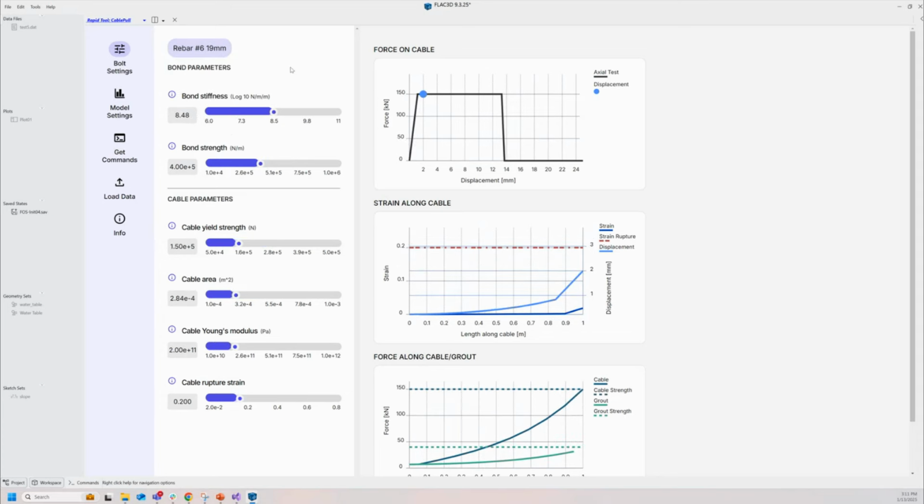Now, maybe none of these is exactly what you have, but maybe you actually have data that you've recorded from a lab study or a field study. I could actually load that in here. So if I click on load data,